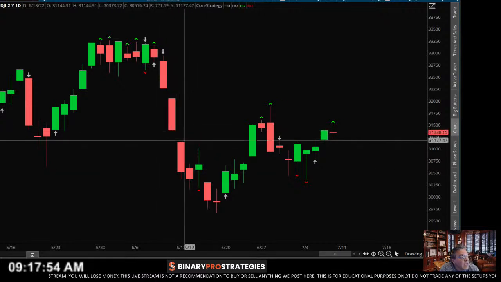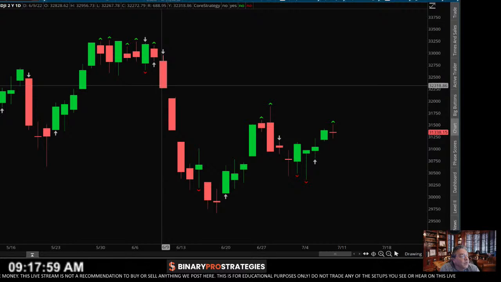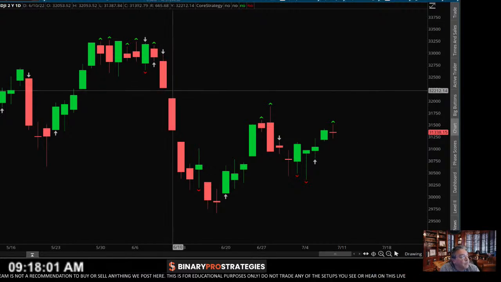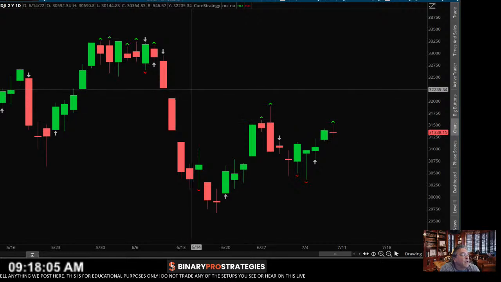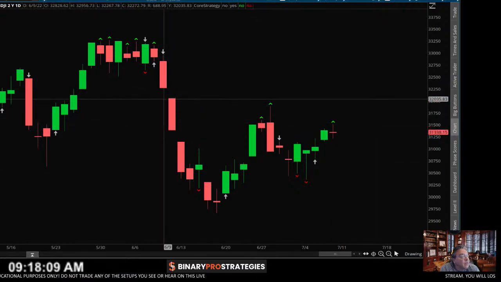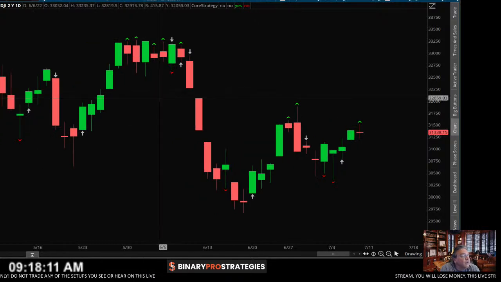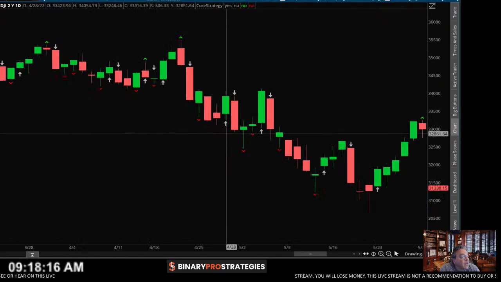But you can see this little gap over here. This second gap was filled up. We still have this first gap up here still sitting up there. So I would not be surprised to see the Dow rally up and fill up this gap at some point. Not saying it's going to happen today, but I think it really does want to fill up this gap. If you come back and you look at other gaps,